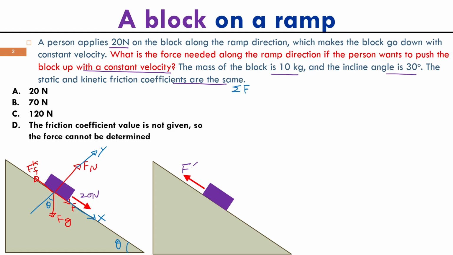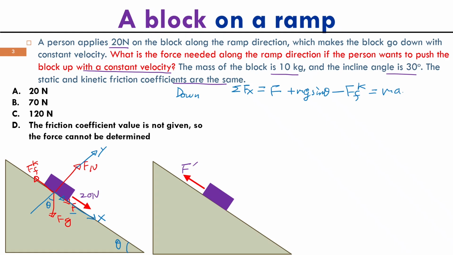So sigma Fx for the going down situation equals, I have this pushing force F, and I have a component from gravity along the ramp, which is mg sine theta. I have the kinetic friction force opposing the motion, minus F friction kinetic, which equals